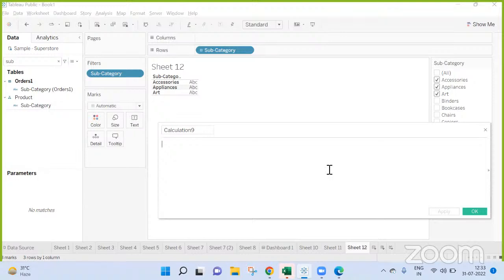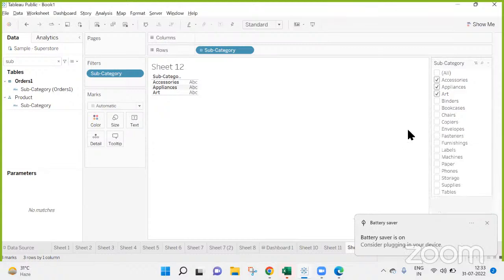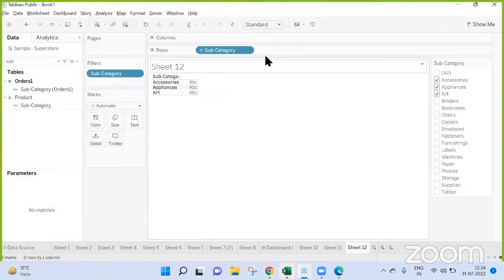Now again, how will I get all these subcategories when someone selects two of them? I have a way with LODs, but that will drastically affect the performance of the dashboard. So my point is, get the first one, second one, third one. We need to write calculation for 13 of your values. You need to individually get them.